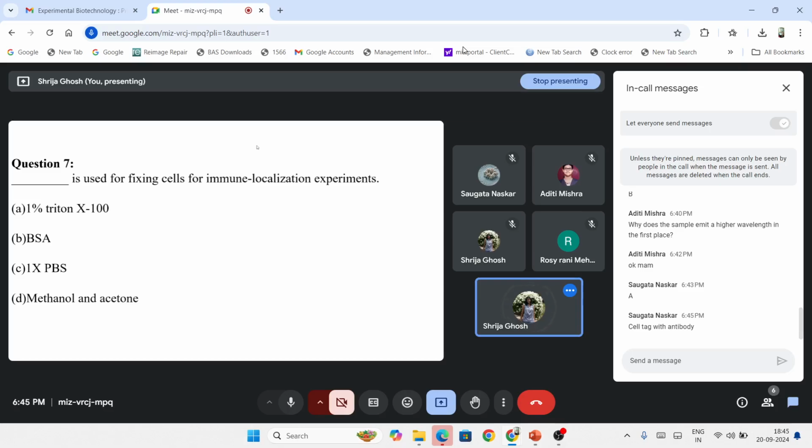So we can't use Triton X100. Triton X100 is basically a non-ionic detergent. It is mainly used for membrane solubilization. If you want to break down the membrane and solubilize the membrane lipids, generally we use 1% Triton X100. BSA is a protein, bovine serum albumin, the albumin protein extracted from the serum of a bovine. And 1x PBS is just a buffer. We can do fixing using methanol and acetone. So the correct answer is